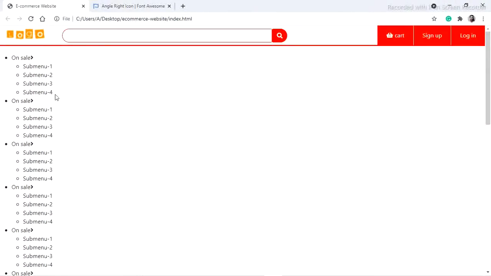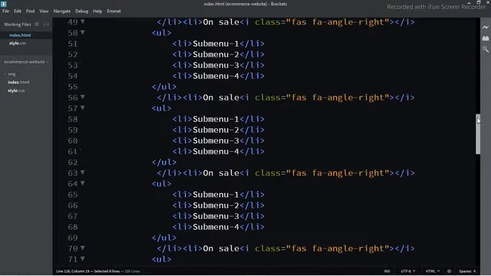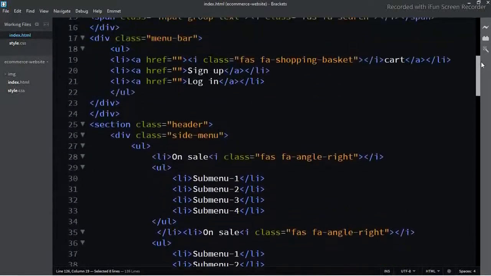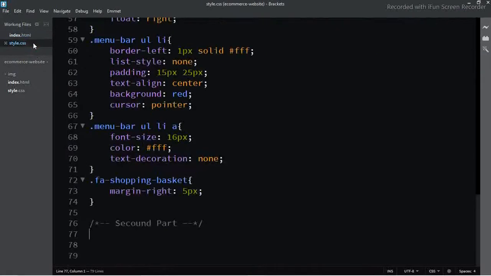Now we need to hide this submenu. For that, come to the HTML file. Come to the top. Copy this class name side menu and paste it into the CSS file.